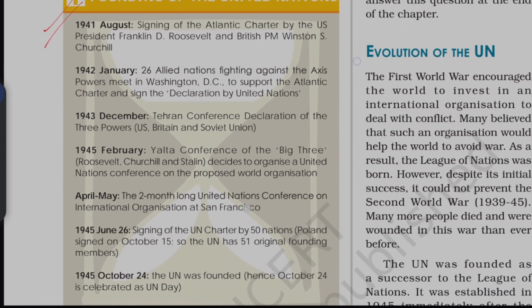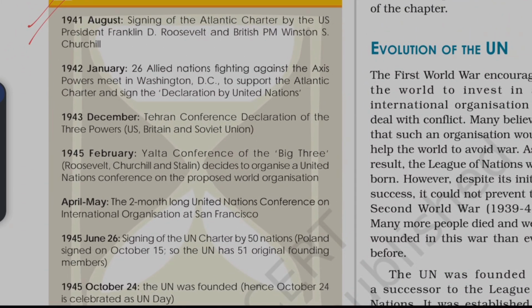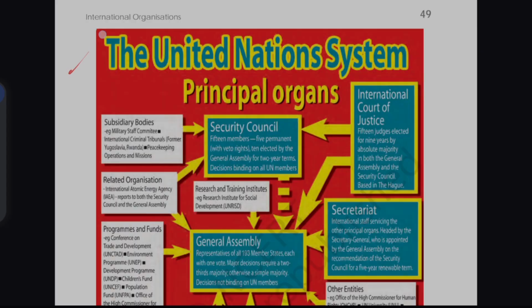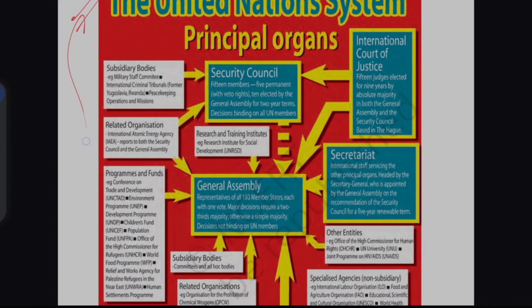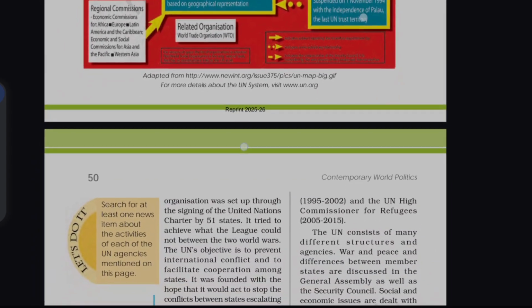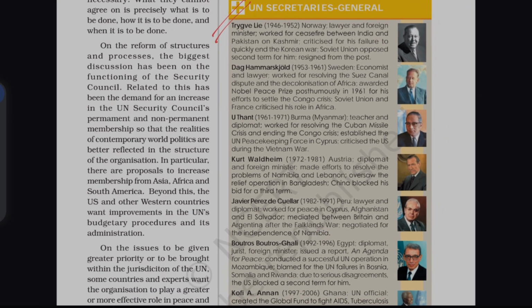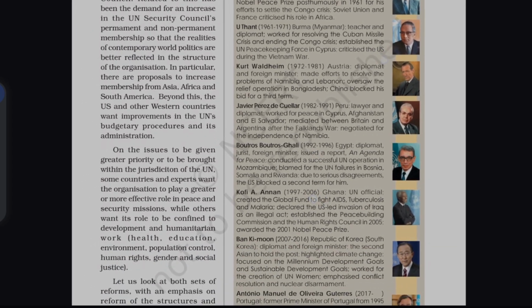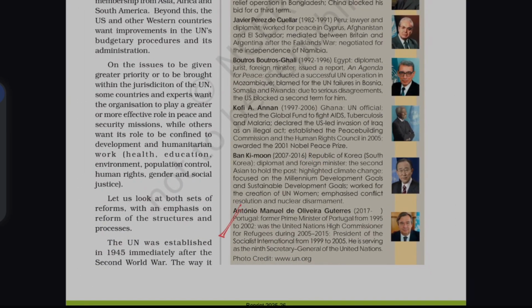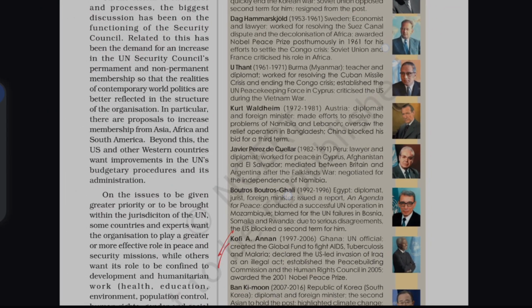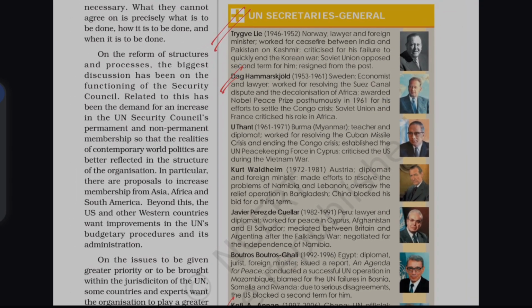Okay, so again I would not say that try to remember everything, but a few things that you think can be important, like this is important, this is important, this is also really important, all the functions of all these organizations. In a box like this you don't have to remember what each of them did, that's going to be too much. You can just go through a few of them, like the current one, who is the current, then someone who has been mentioned in the NCERT as well.